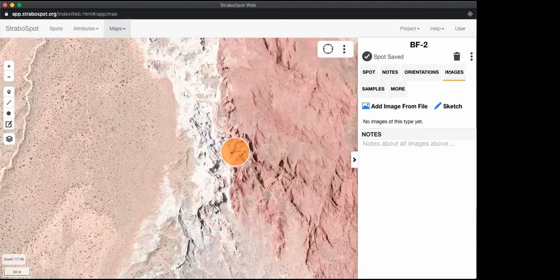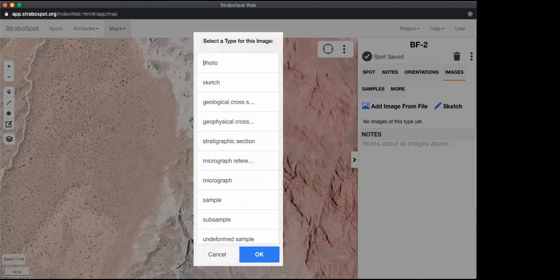And for me, I have an option to add an image from File or add a sketch. This is going to be different for users on iPads. You're going to have the ability to actually take a photograph or add one from your camera roll. So I'm going to add an image from File. Click on that, select Photo,